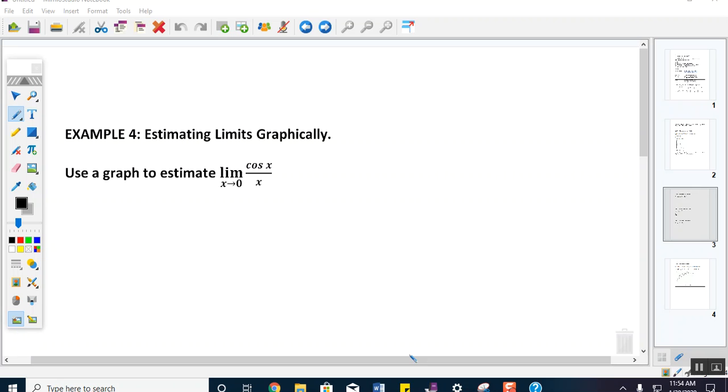Kids, first of all, take a look at my function. Cosine of x over what? X. Why is my limit as x approaches 0? Because if x is 0, your denominator is 0 and that would make that function undefined, wouldn't it? So let's pick on this, and we're going to do a couple other examples. It says, estimate this limit how, kids? Graphically. All right, let's get into my favorite tool in the world,